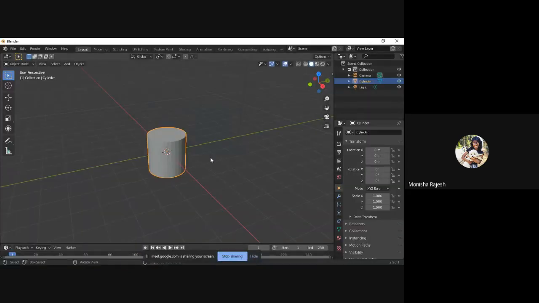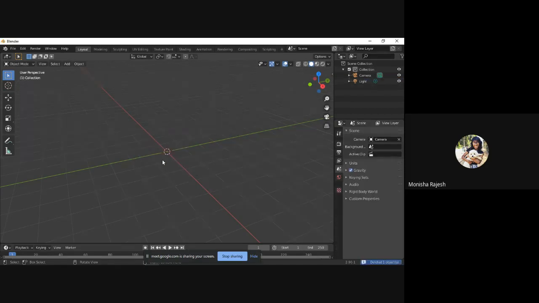Okay, so what we're going to be doing in today's session is we're going to be modeling a football. So to start with, we'll need to delete this current object. To delete this, you can either press X, it will give you this menu, and all you'll have to do is enter. So it deletes this. You can either do that or just press delete. Either one of those work.